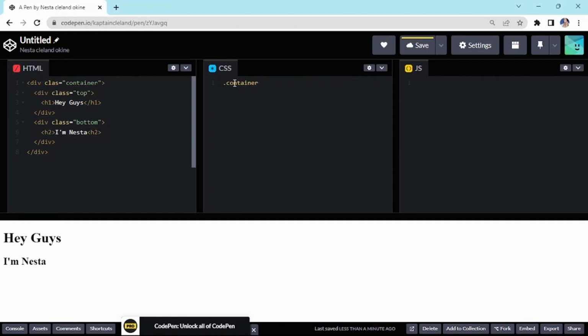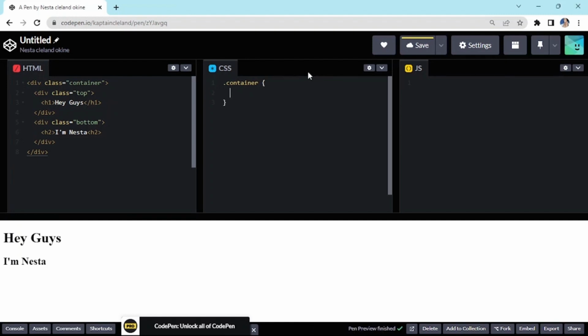So in CSS, in order to recognize an element as a class, you would need to put a dot before the name of the class. And let's head back to the HTML. I actually made a typo over here. Instead of class with a double S, I made class with one S. So yeah. As I said before, in CSS, a class element can be recognized in CSS, you need to put a dot before the name of the class. So in our case, the name of the class is container, so